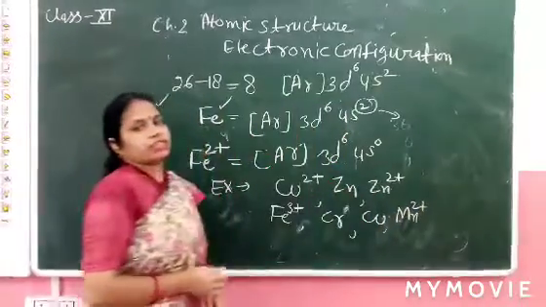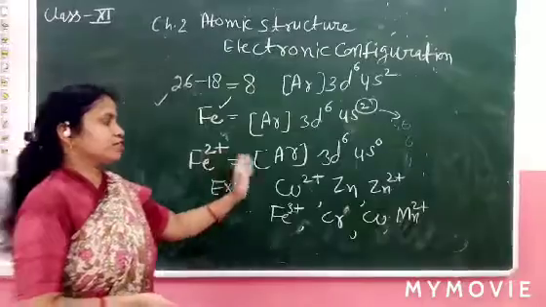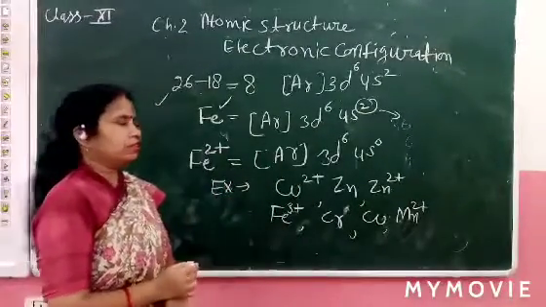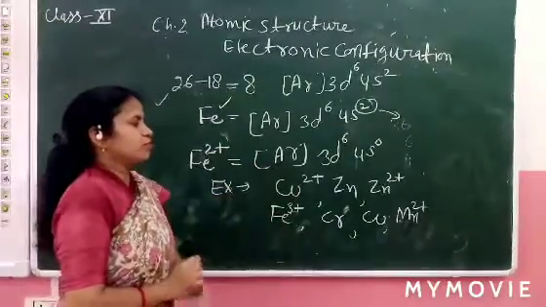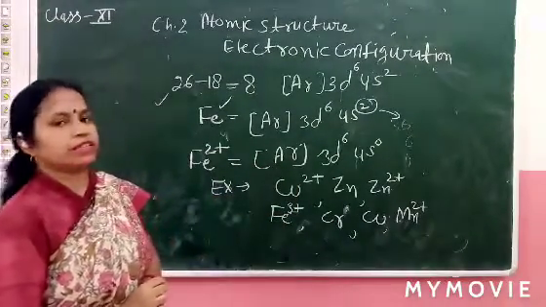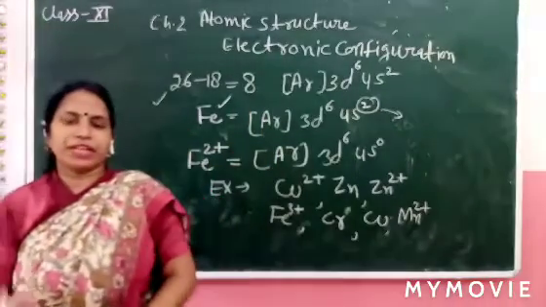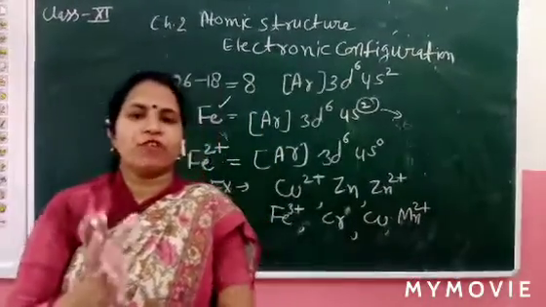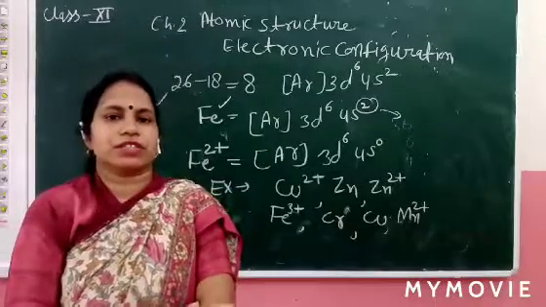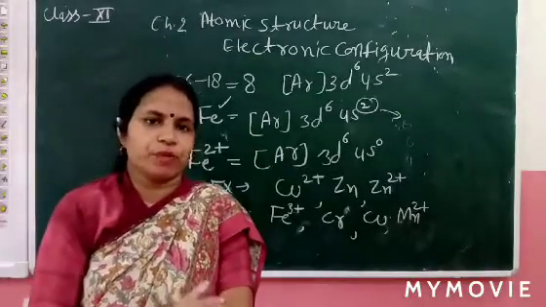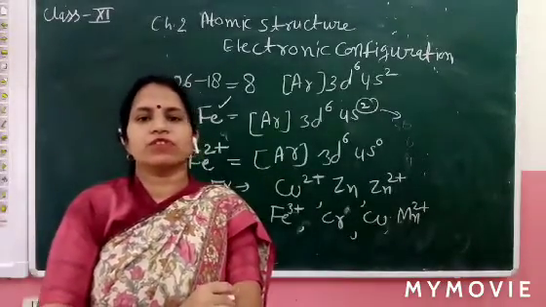The 3d series, the transition element series, is very important. So these examples you have to explain by the electronic configuration. d5, d10 and f14 are very stable states. So it is very important. Now it's clear to all of you.